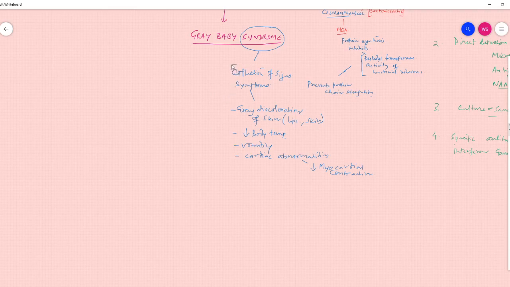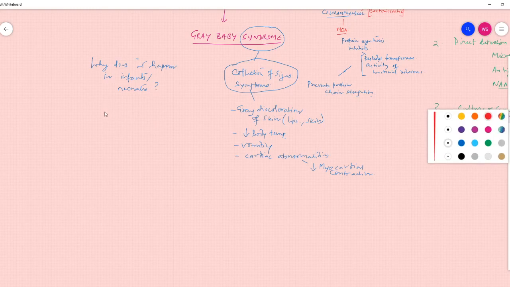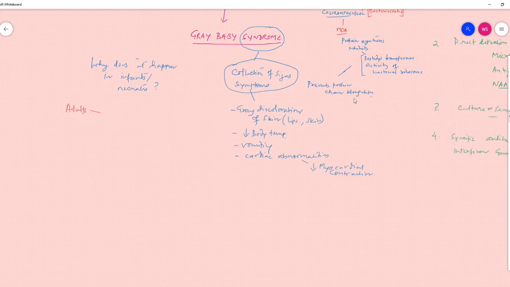Okay. So we have seen what causes gray baby syndrome. So now the question is, why does it happen in infants or neonates? Okay. So the answer is that adults, let's say they have a normal liver function,